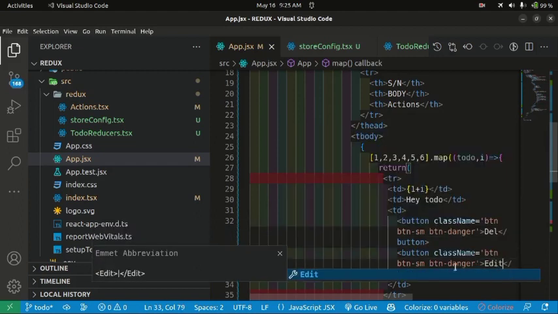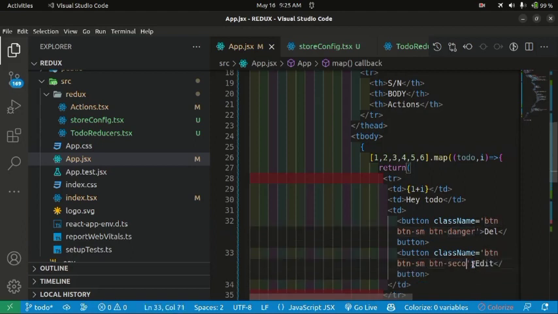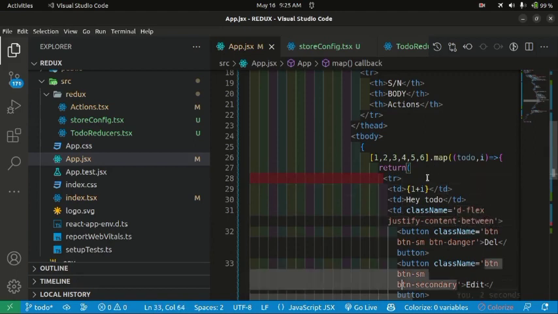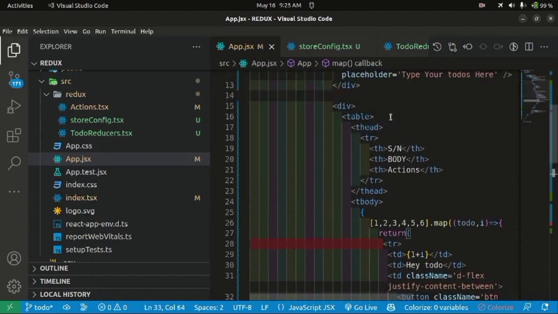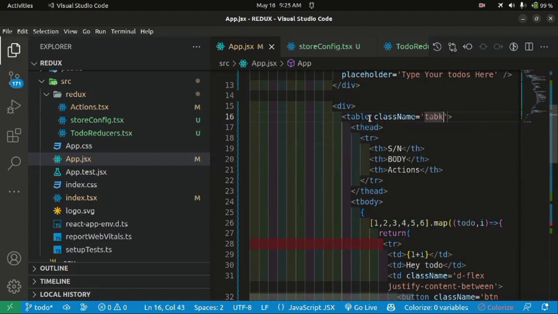Edit. So this one, let me say secondary. So I'm going to display it to be flex class d-flex. So that will be justify-content-between. Okay, that's that. So let me go and wrap it with Bootstrap inside my table tag, class table